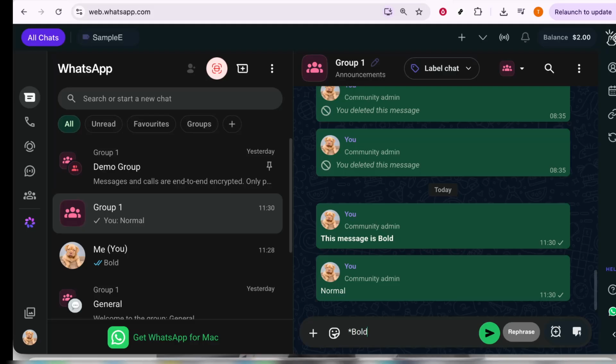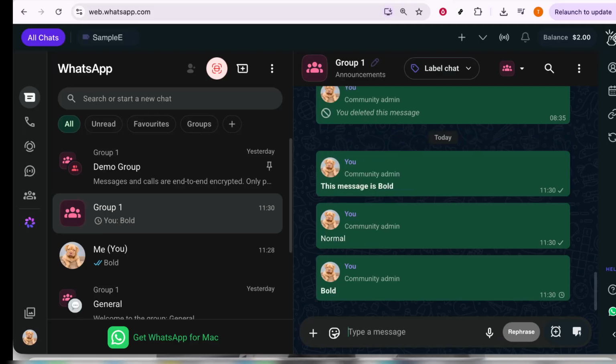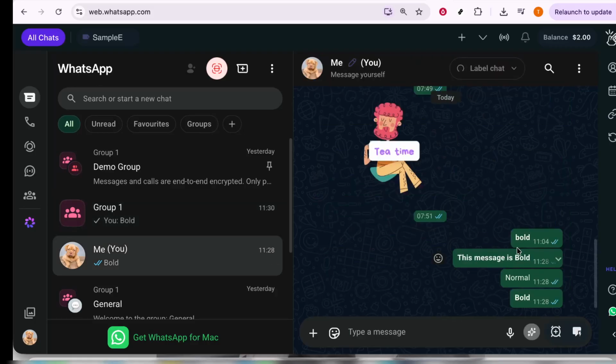For example, if you type a phrase like this, with an asterisk before the first word and another after the last word, WhatsApp Web will recognize that formatting and display the text in bold when the message is sent. This is especially helpful if you want to emphasize a deadline, a name, a short instruction, or an important update in a longer message. Just remember that the asterisks need to be directly attached to the text you want to